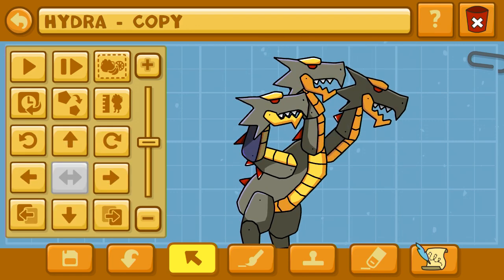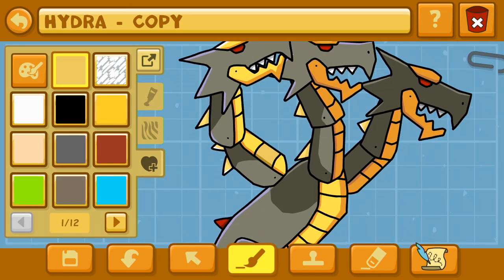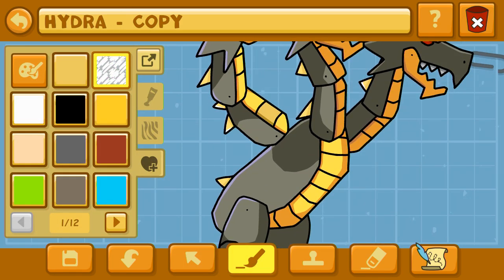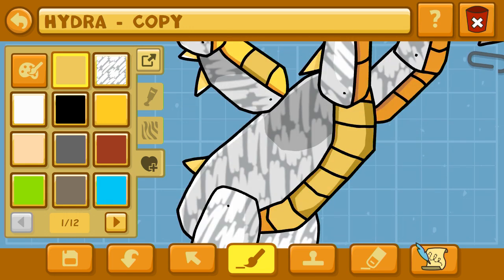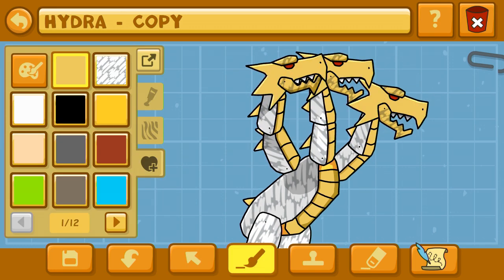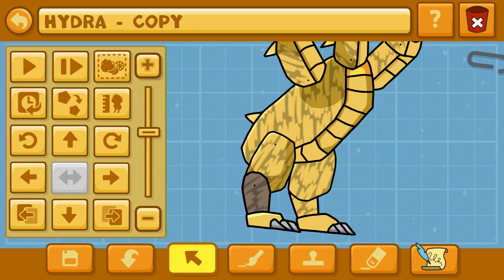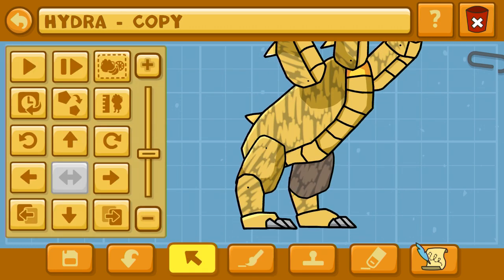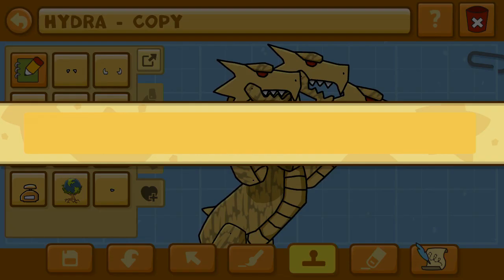This makes a lot of sense because we've got the three heads there, so that's fine and dandy. But the one thing about the HYDRA is the tail is going to be a little bit strange, so you are going to see what I'm talking about a little bit later on here. Notice, of course, we did actually move the HYDRA's body. You want to rotate it, I guess that would be rotating counterclockwise a little bit, and we got rid of the HYDRA's front legs,